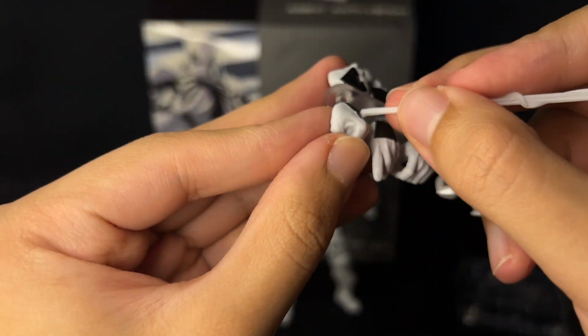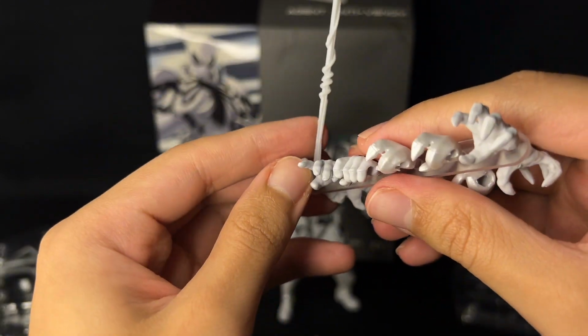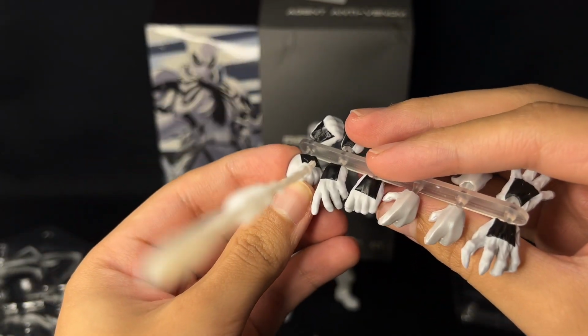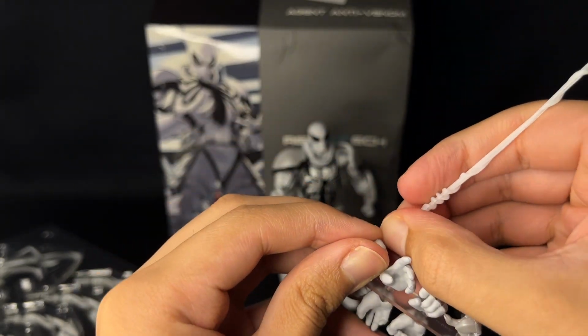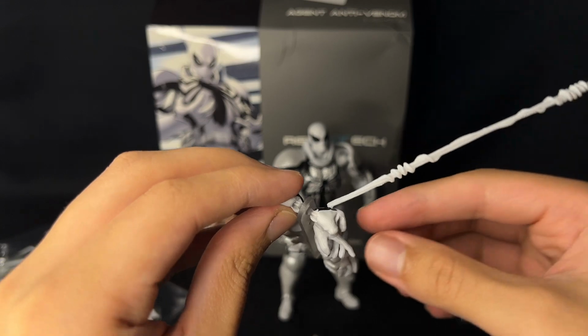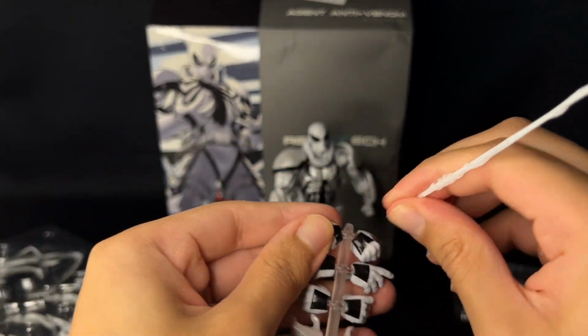I don't know why I'm being lazy right now. It slots in, right? It slants upwards, but when you move the wrist down, then it'll look good. Trust me, I've done it before, so it won't look as funny as it does now. If you move the wrist like this, it'll look straight, right? All right, so